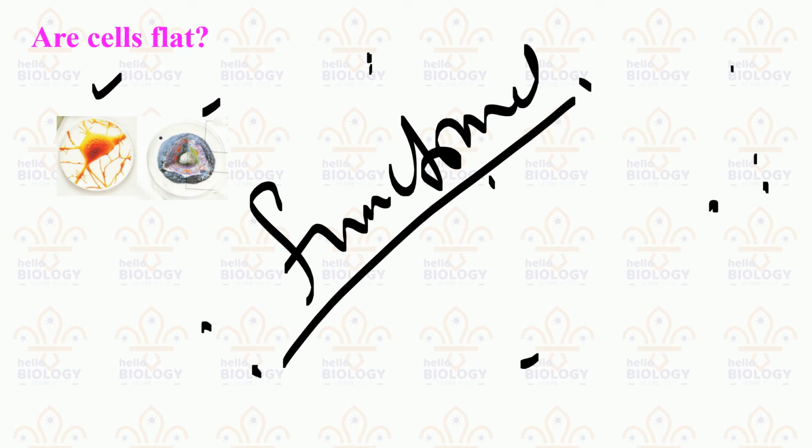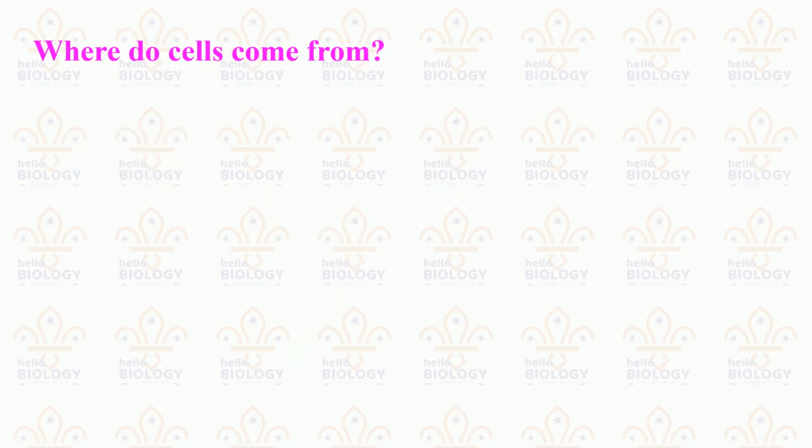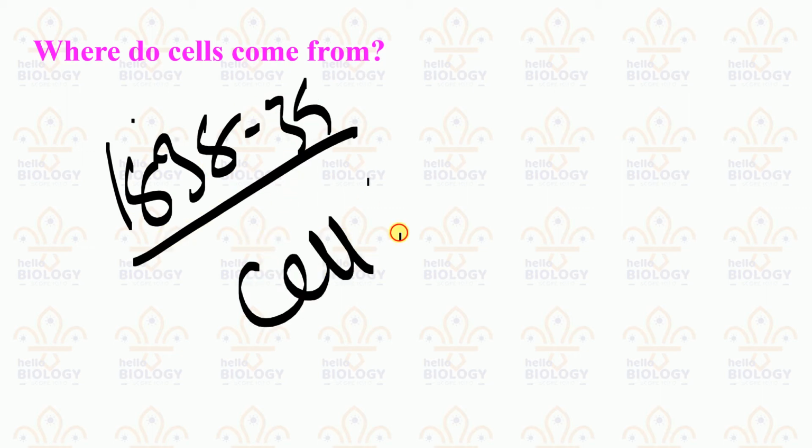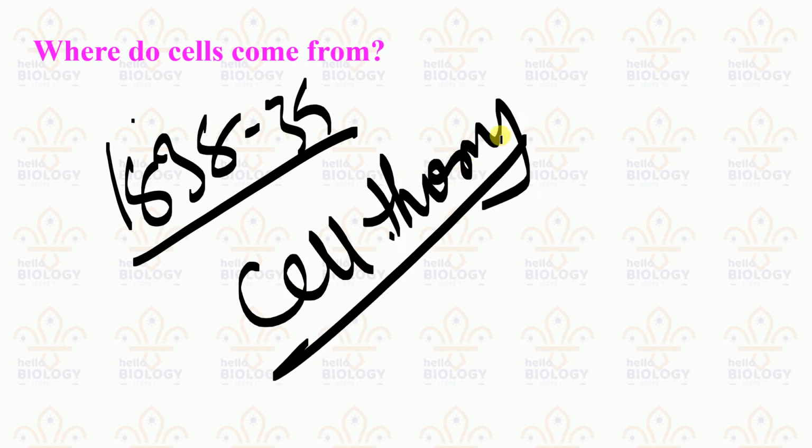So in fact, where do all these cells come from? To discuss that, basic knowledge is needed here. Many years before, observations had been made. It was very clear from 1838 to 39. There were two scientists who gave a theory called cell theory to explain that. These two scientists are called